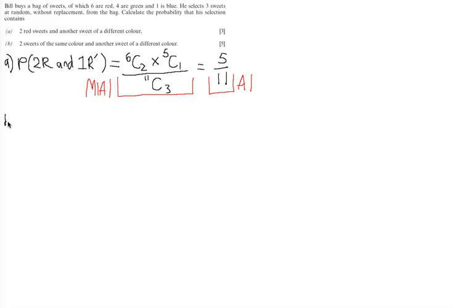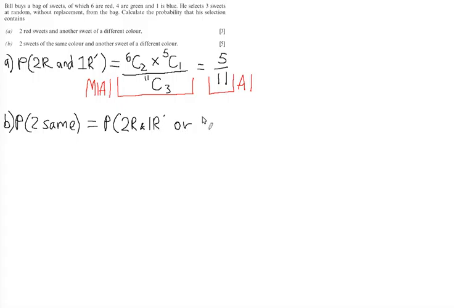Let's look at part B. Part B says find the probability 2 sweets of the same colour and another sweet of a different colour. So we're doing probability 2 the same. Well, part A actually helps us along the way with this. What we're actually calculating here is probability of 2 red and 1 non-red,